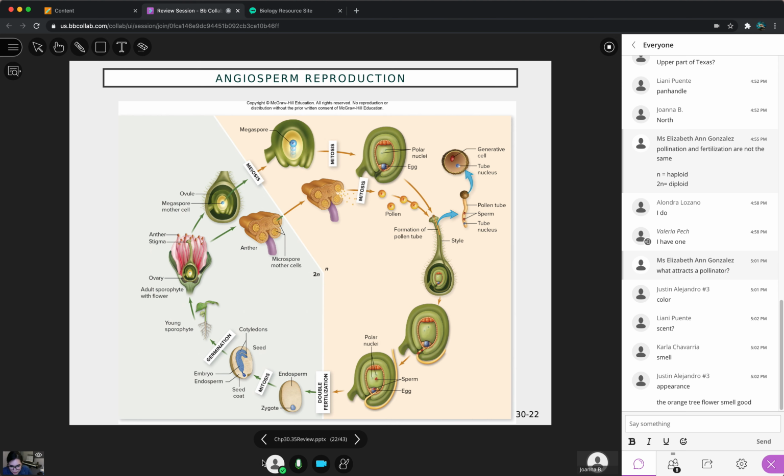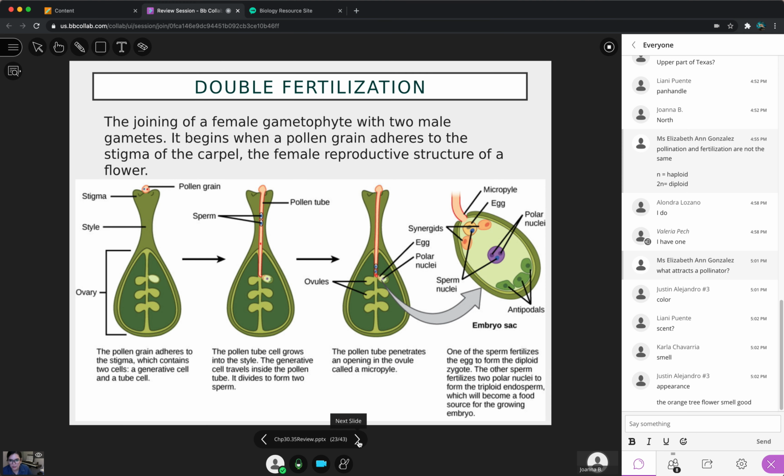So double fertilization. Here I have a whole slide. This one will be on your exam. For sure, you're going to have a question on double fertilization, so just a heads up. It says the joining of a female gametophyte, so that's the girl sex cell, with two male gametes. It begins when a pollen grain adheres to the stigma of the carpel, the female reproductive structure of the flower. And then on the bottom it says, one sperm fertilizes the egg to make the zygote,